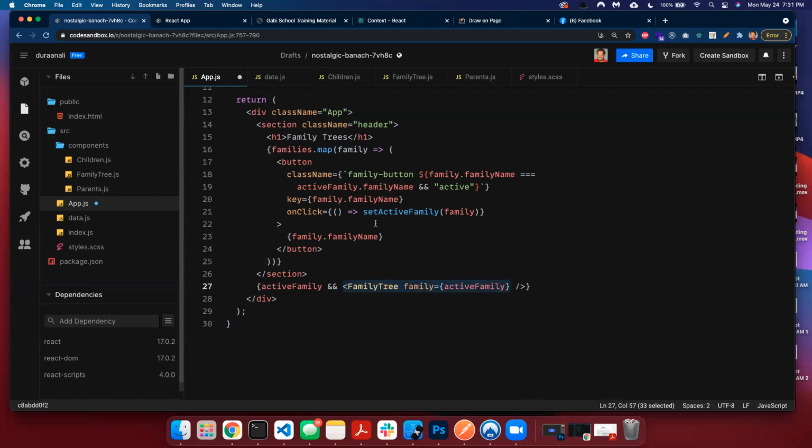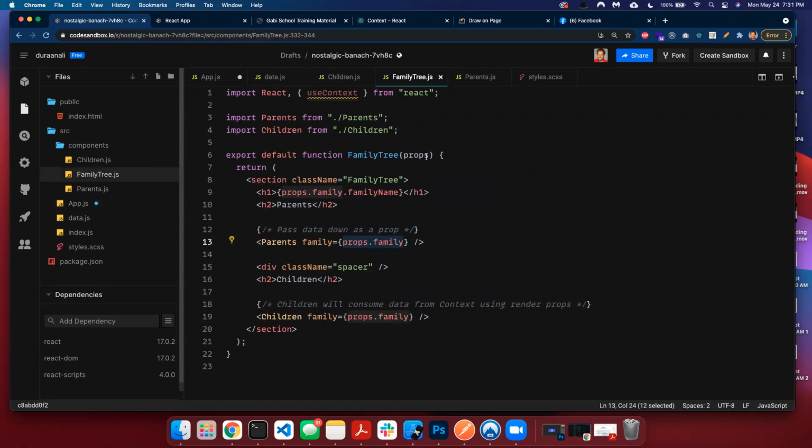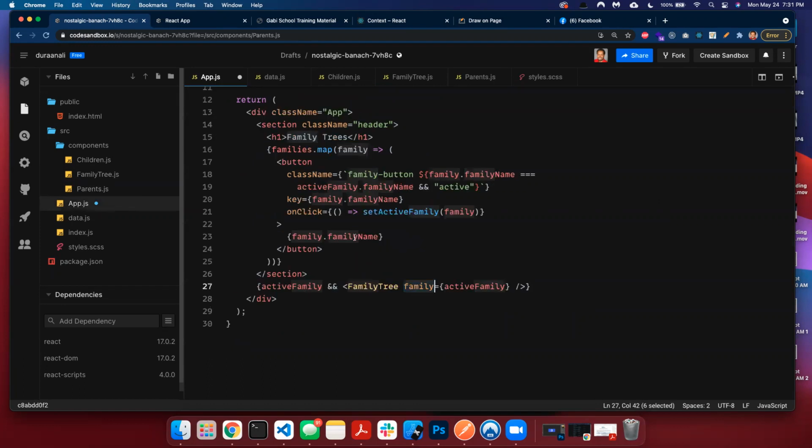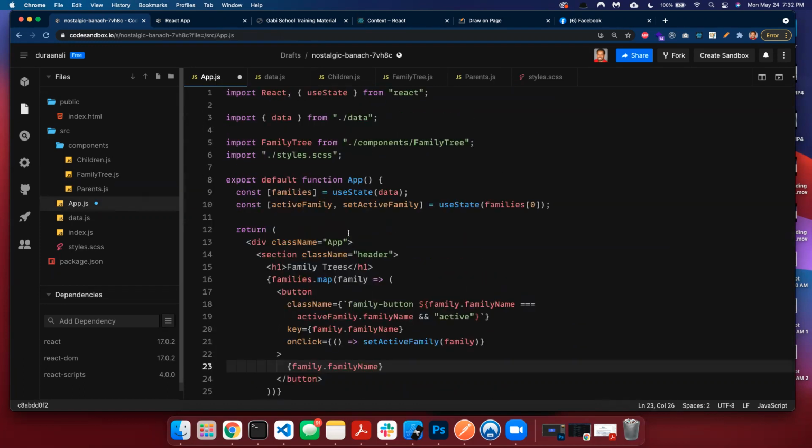Okay, so you guys already know props, right? You understand props, how to pass them. You understand what they stand for. You know what do you do with them? So now we have family here, which is the props, and then we pass it to a family tree, and family tree here, and then we just basically passing these props to two components, this component and this component. And then after that, we mapping over them. That's basically what we're doing. So let's start with app.js and start converting it to